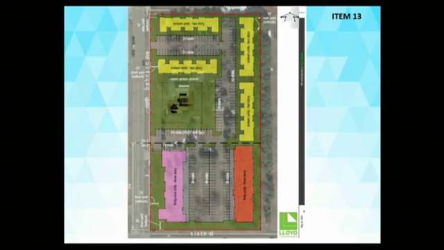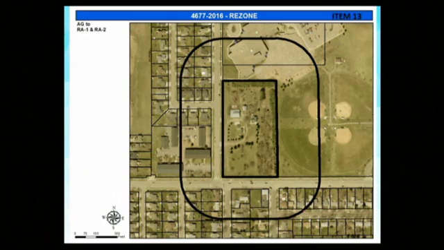One is because 6th Street is a bus route, and two, it also provides great connectivity for our residents in the future to be able to access employment centers, which is really important for us. And so because of the proximity to the schools and also the proximity to 6th Street, we felt like it's an appropriate site for multifamily living in the future.